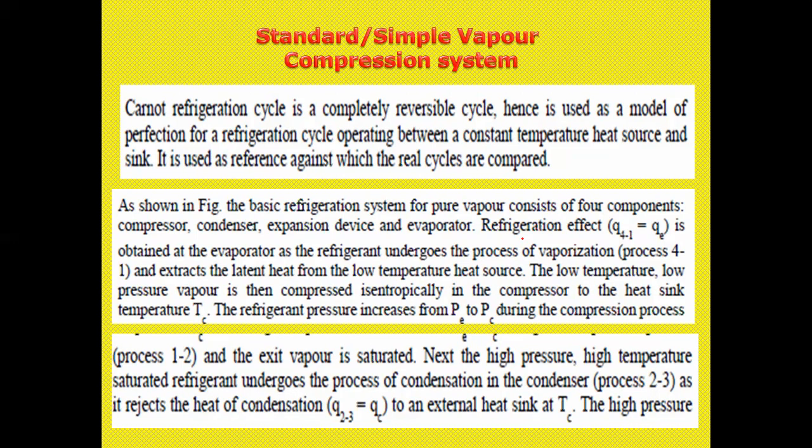Here the Carnot refrigeration cycle is a completely reversible cycle. As already discussed in the last few classes, the Carnot cycle is completely reversible, but it is used as a model of perfection for a refrigeration cycle,